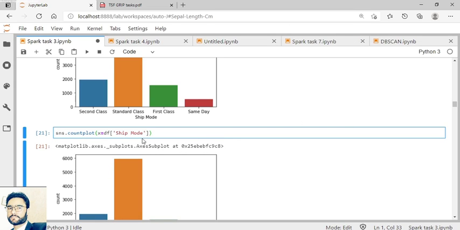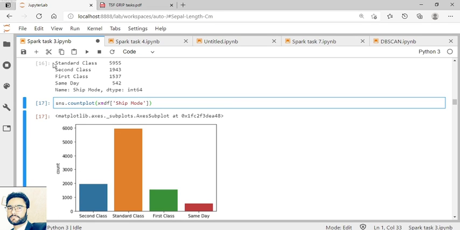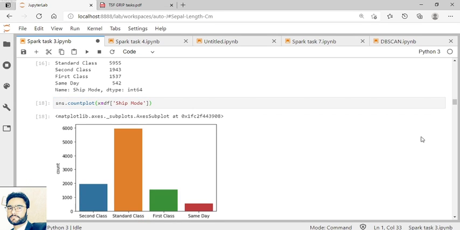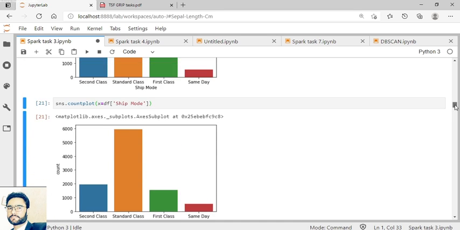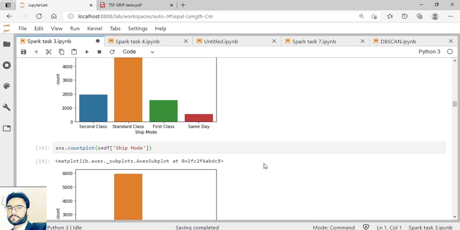So this is good. You can also see here, this print shows well. Standard class is so high. Again we want to print the ship mode on the x-axis, and for the count, it also shows